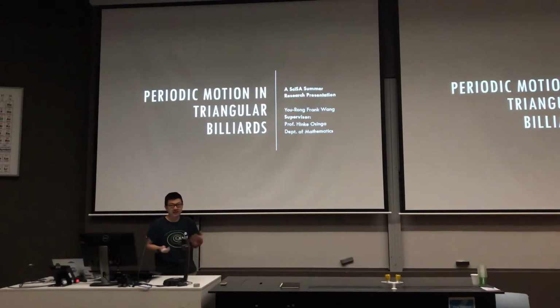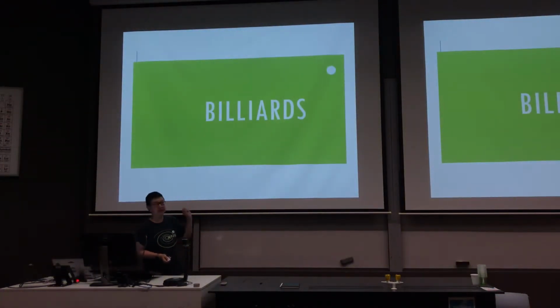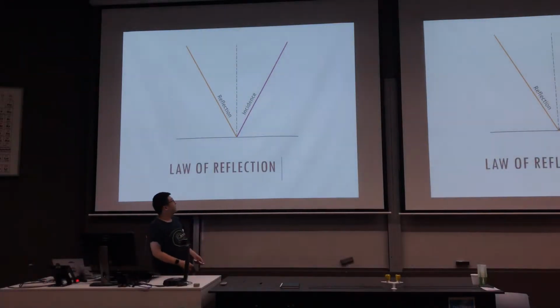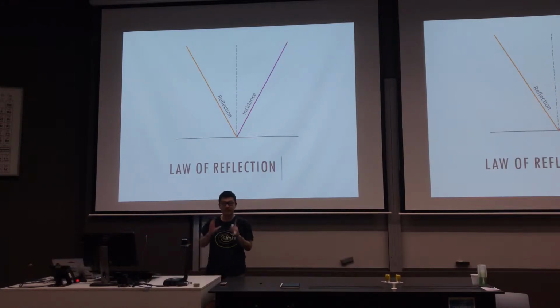In the mathematical abstraction sense, we picture a billiard as just a table and a ball bouncing around. Like that. Took me an hour to animate. Anyway, if you look at every bounce, something must be obeyed. And that, as simple as it gets, is the law of reflection. It just says, you come in one way, you come out another, but you make the same angle with the